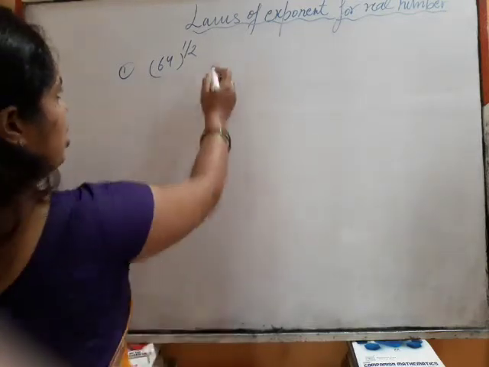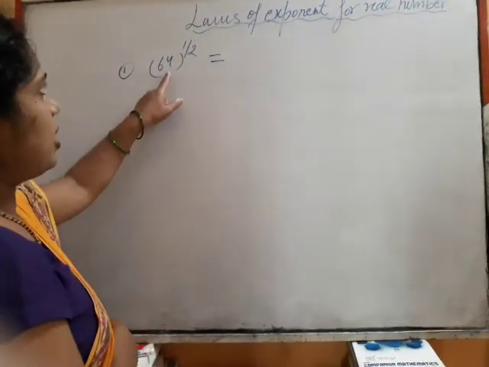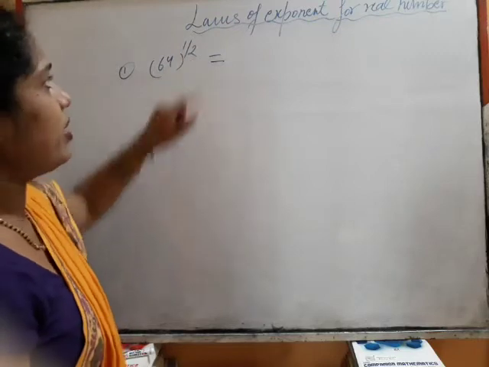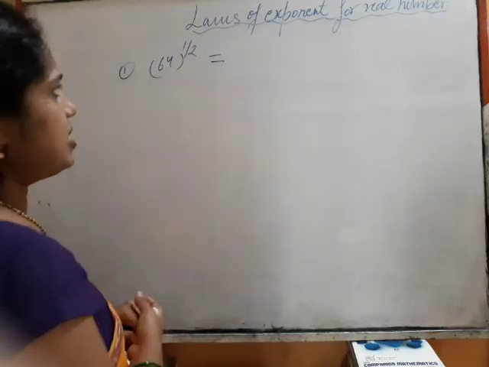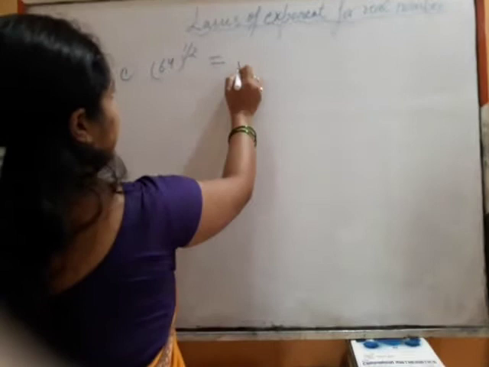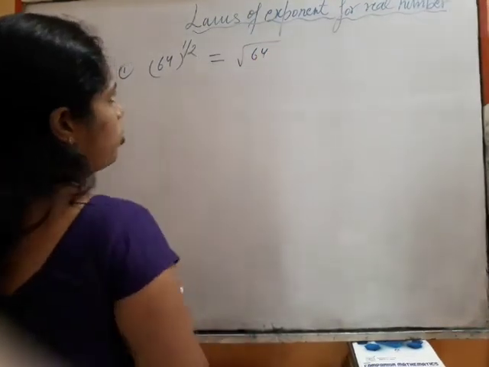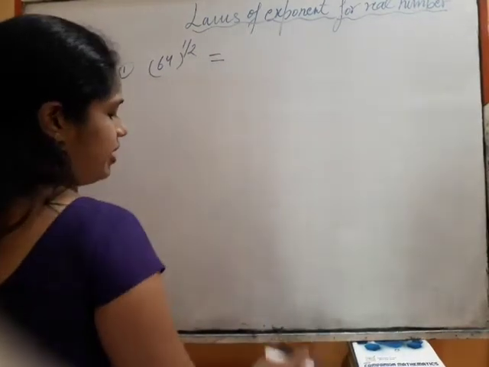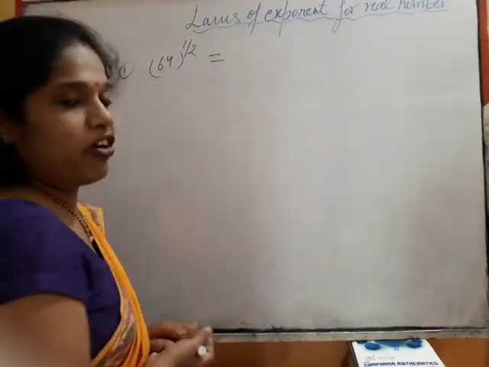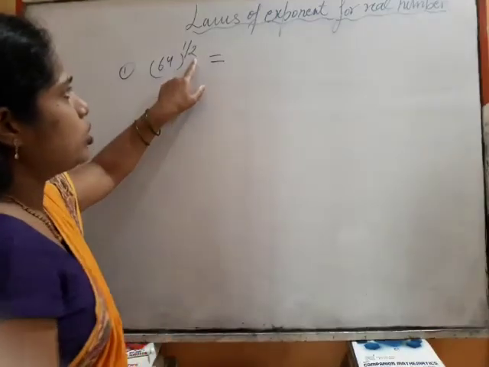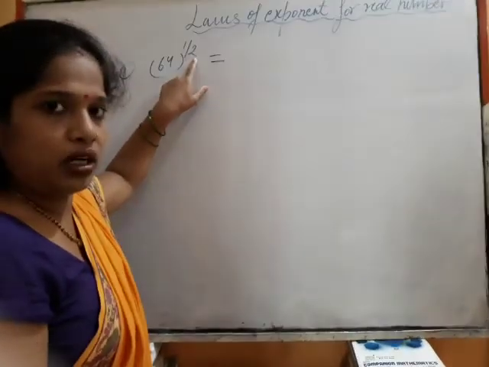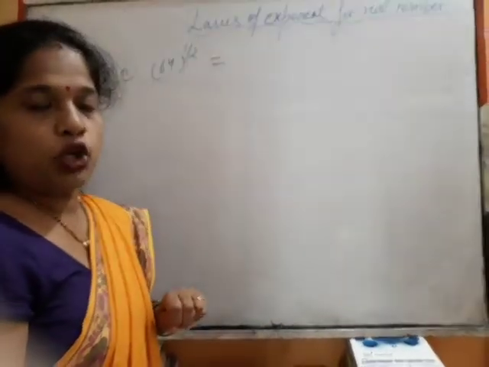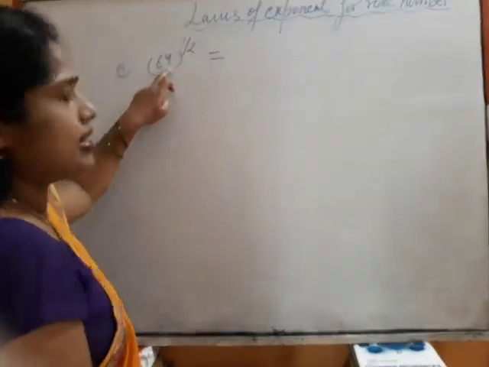Okay, this question. So first of all, we have to see what the power of it is. It is in the power 1 upon 2. That means it is under root. It is under root 64. We need not write in this form. To make you understand, I have written 64 raised to the power 1 upon 2. This 1 upon 2 means the number which is in the denominator; we have to find a number which we multiply 2 times to get this number.